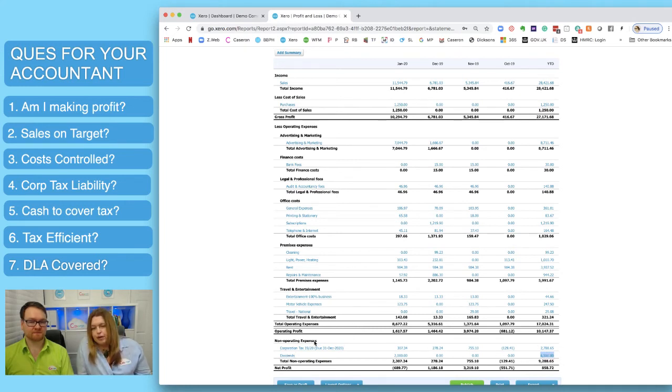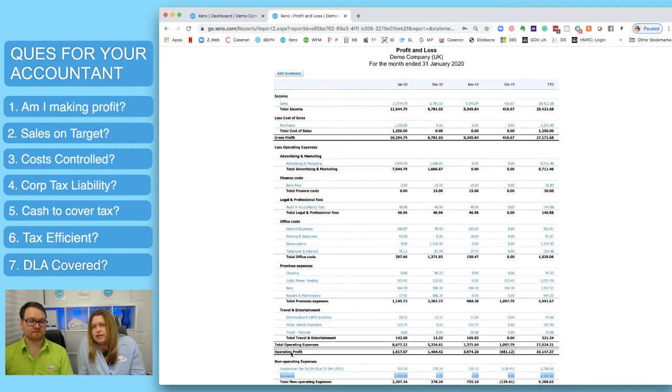Now, dividends are a funny one. So when you take cash out of your business, you take cash out and you treat it as if it's a loan to the company until such time as a dividend is declared. Now, if you take all of that money out into your business and have it all tracked in your director's loan account, it's harder to see whether you've taken more or less than your business can afford. So talk to your accountant about whether or not it is more appropriate and more helpful for you to see these pre-dividends in a way,